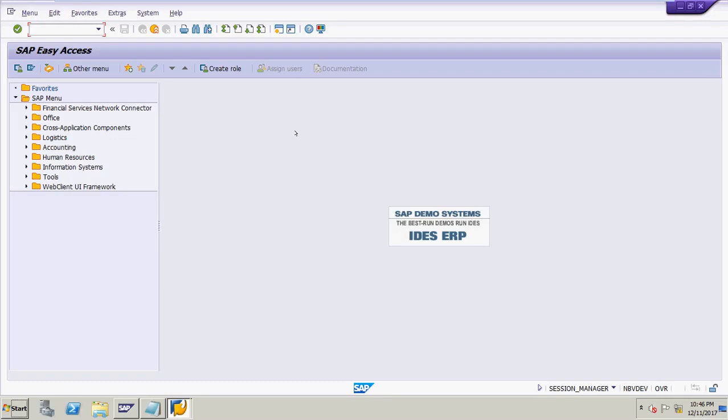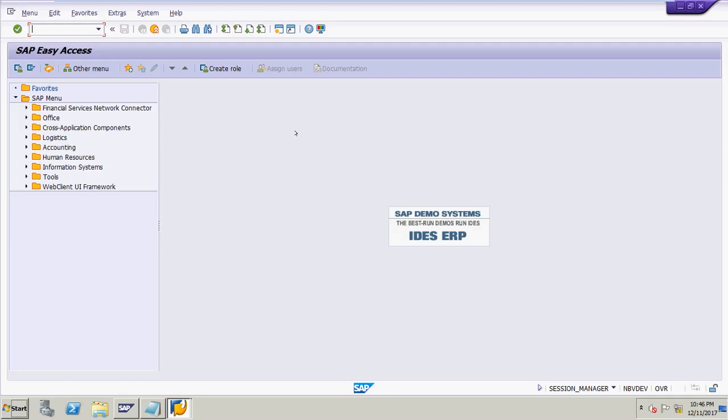The second point is that it shows an error message automatically during the upload. If anything is wrong, it will show an error message automatically and capture the screen. You have to rectify the error, and after that you can upload the data using the session method. The processing is asynchronous, but the update is only for the synchronized method.